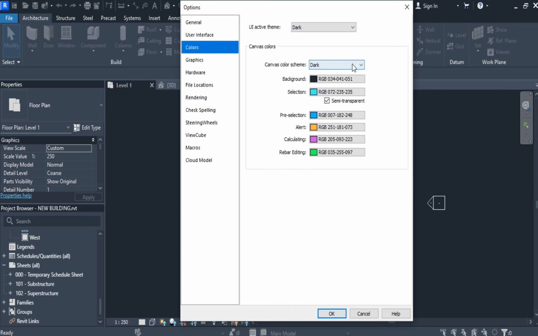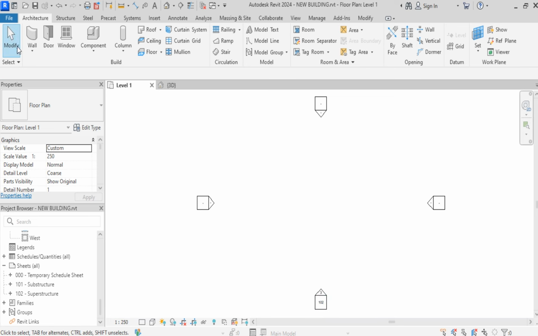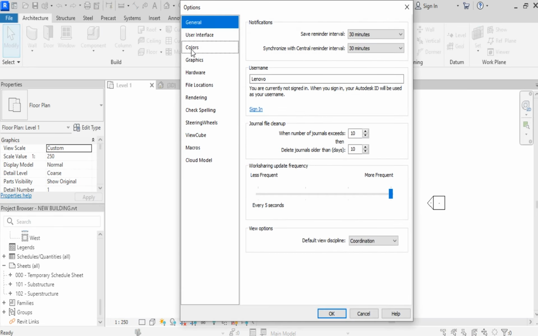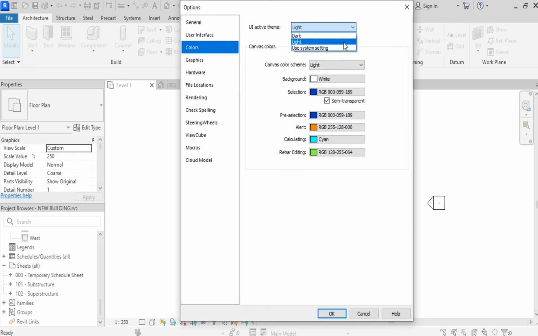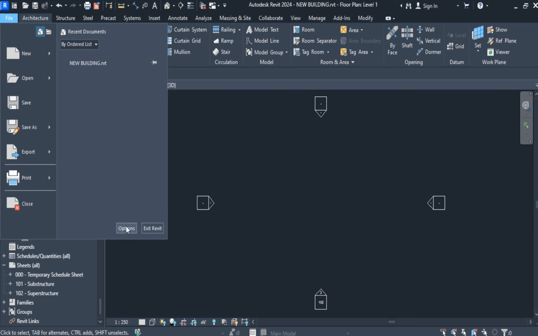Then the colors. So the graphical user interface could be light. Then you could change the canvas colors to light and the background to white. So when you apply it, your background is now white. But personally, I prefer working with a dark background. So again, come here, set it to dark. So my background is back to dark. So we come back to options